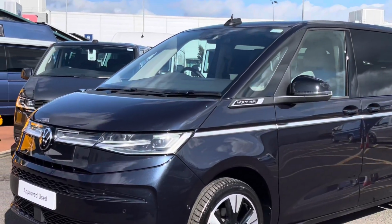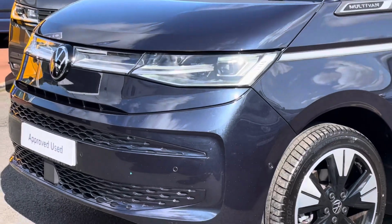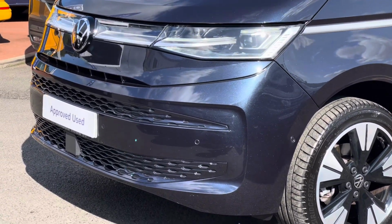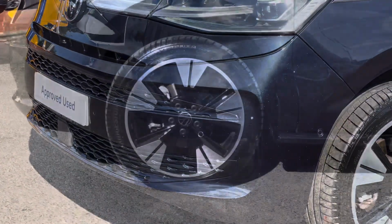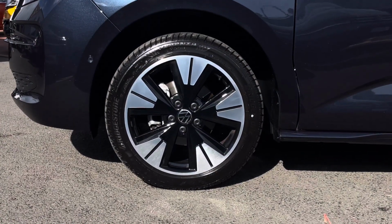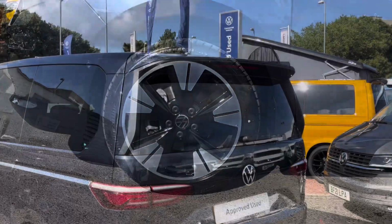This example is finished in the metallic paint colour Starlight Blue, and across the front of the vehicle it features IQ LED matrix dipped headlights. The vehicle also comes with front parking sensors. Down below, the Multivan sits on the 19-inch Hamstadt black alloy wheels, and moving to the rear of the vehicle